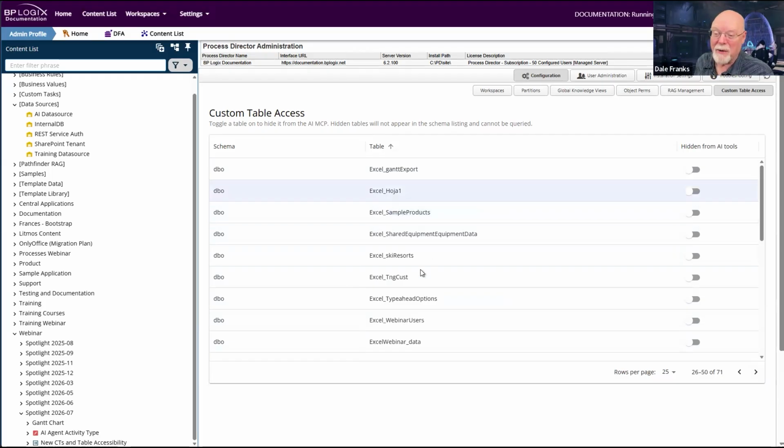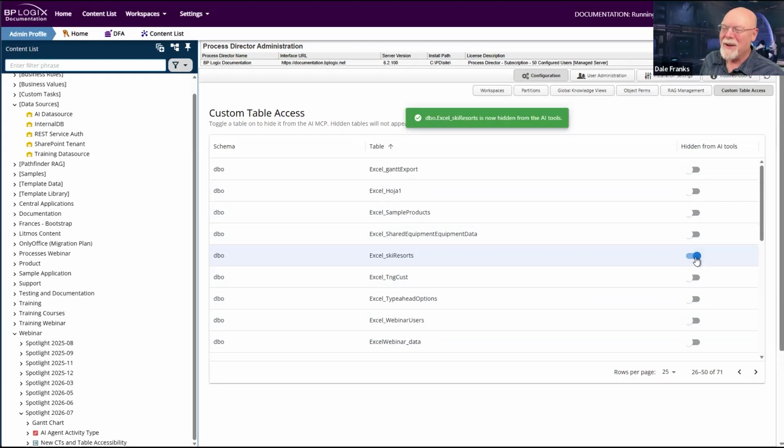Probably something I created 10 years ago. My sample projects, my ski resorts. I've got all kinds of stuff here. Let's say that I do not want my AI agent to be interested in skiing. Then I can just hit that switch and turn it on. And now the Excel ski resorts table is no longer accessible by the AI system.